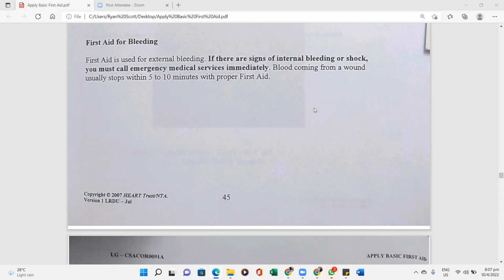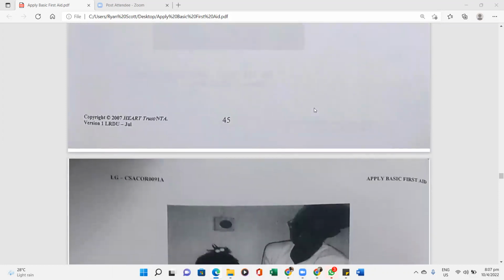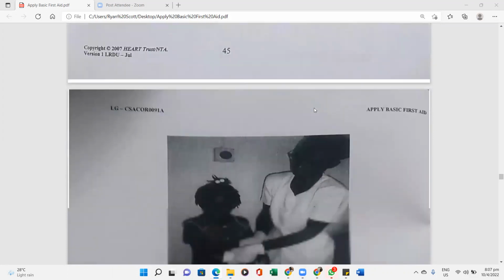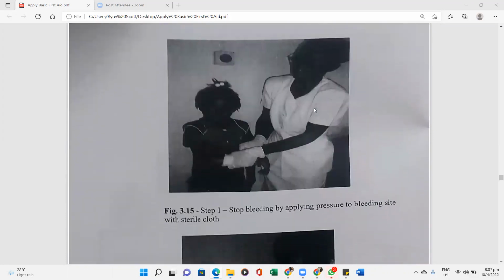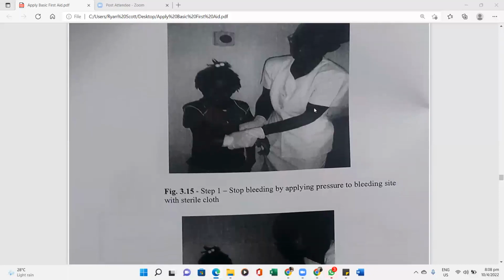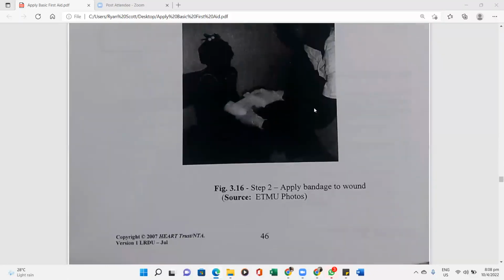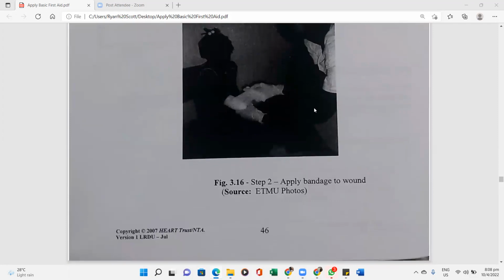All right. So, and remember shock. What are some of the signs of shock? If the person's blood pressure is going low, if the person starts to feel dizzy and talks about feeling like they're going to black out, and if their pulse is weak, that's a sign of shock. Okay? So to stop bleeding, step one, stop bleeding by applying pressure to the bleeding site with a sterile cloth. Okay? So you put a sterile cloth on it and you press. Okay? When you press and hold on it, you use a bandage to wrap around